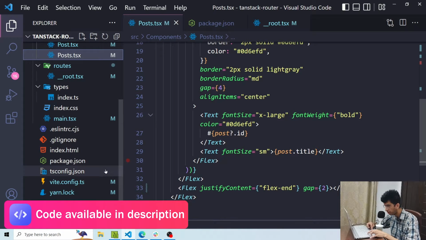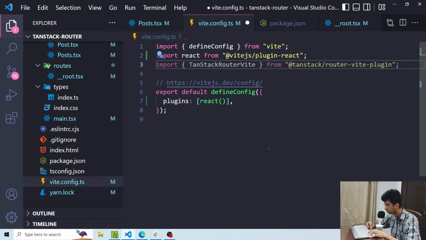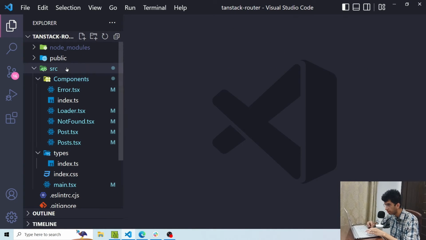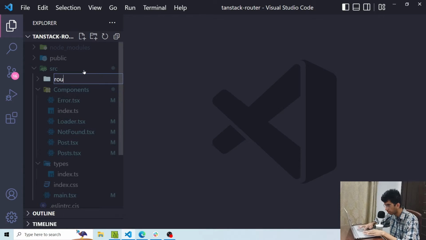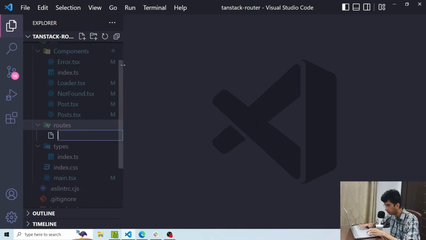Now you will need to add a line in vite.config.js. Here I'll add this line. So basically I'm importing the TanStackRouterVite function from the TanStack Router Vite plugin, and I will just add it here. Now I will create a routes folder inside the src directory. This is mandatory. Then inside this routes folder, I will create a file